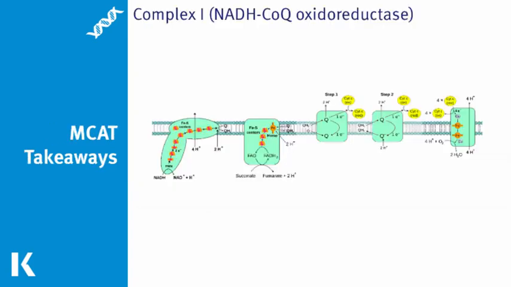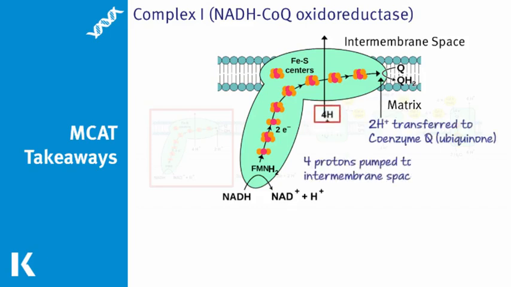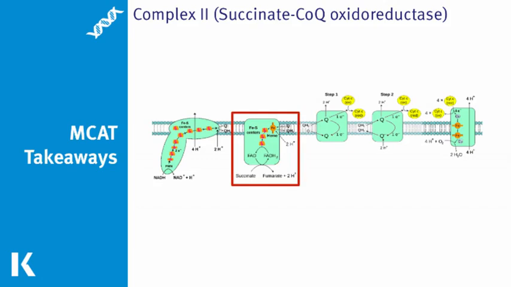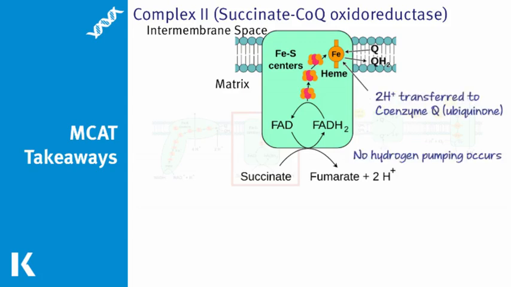Let's close with a brief review of what was covered in this video. We started with an in-depth examination of the electron transport chain and its membrane-bound complexes. Complex 1 liberated a pair of electrons from NADH in order to reduce ubiquinone and pump 4 protons into the intermembrane space. The net reaction shows a pair of protons also being added to ubiquinone as it is reduced. Complex 2 used an intermediate from the citric acid cycle as the electron source, but wound up with the same product. What is more, the protons liberated during this step are transferred to ubiquinone, rather than being pumped into the